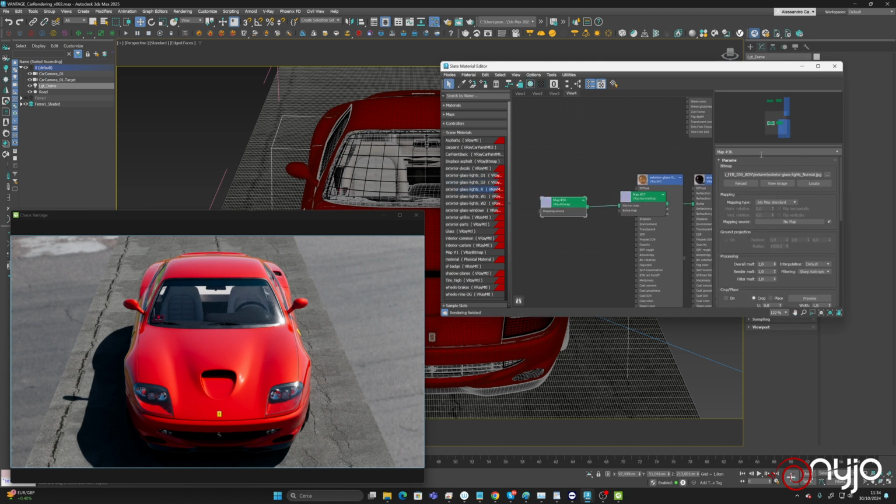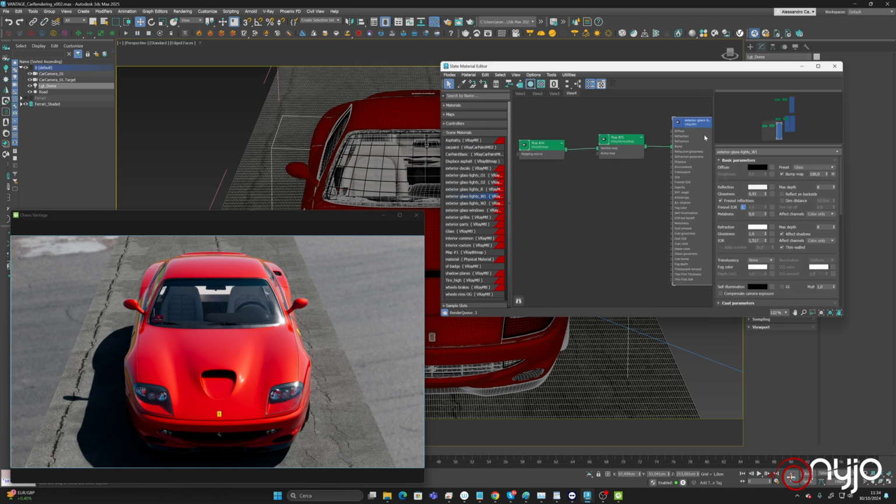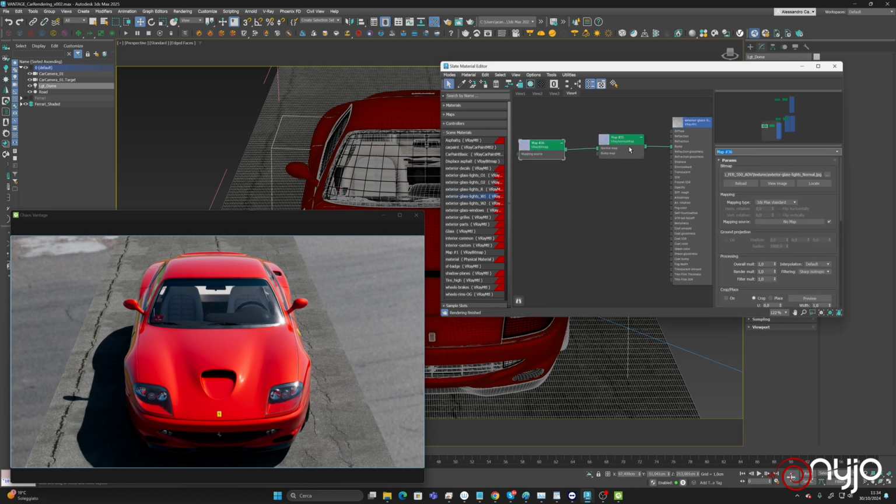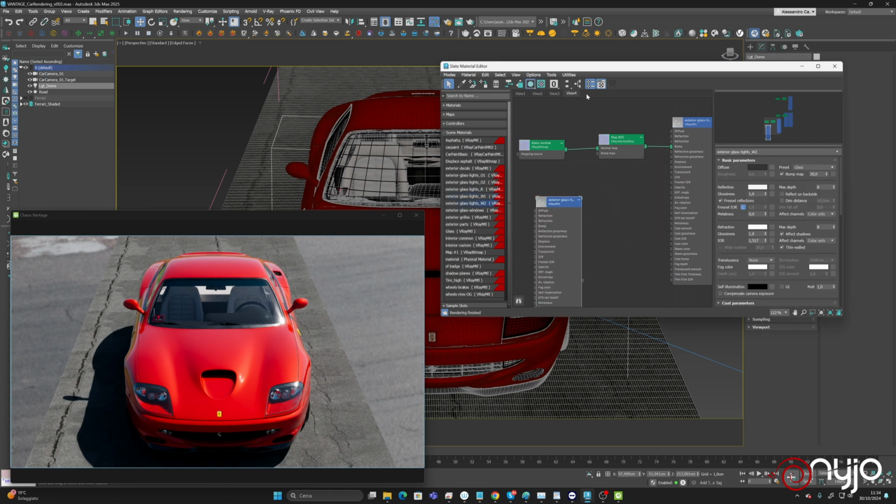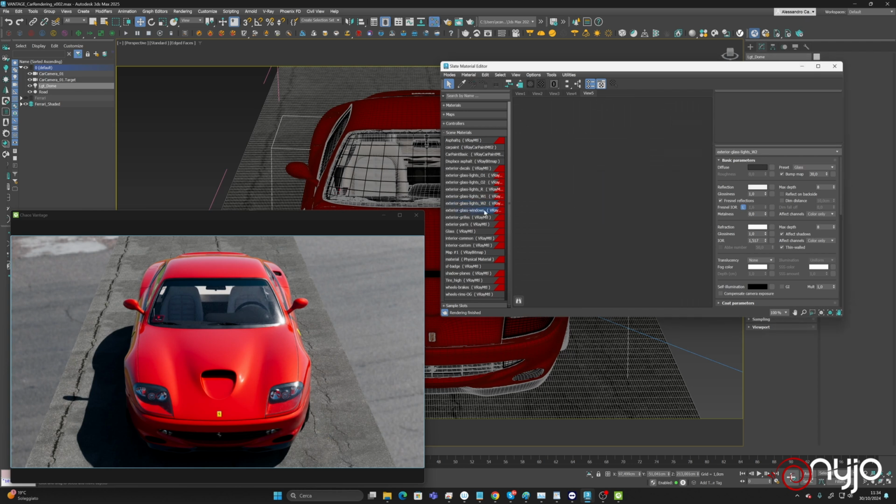I'm not going to create something that is cleaner for the moment, just because I like to tweak everything in a fast way. Glass normal, and this one is not needed, so back here, exterior glass windows, exterior grills. Okay,